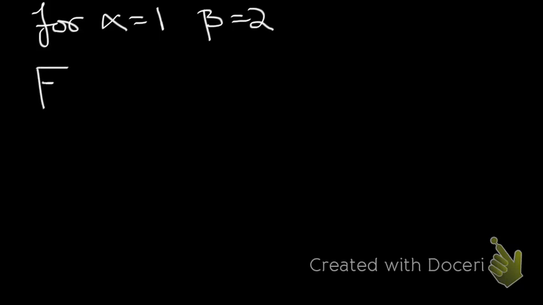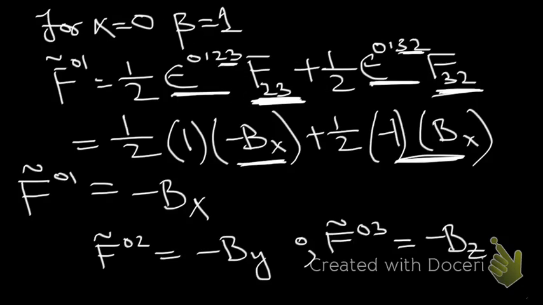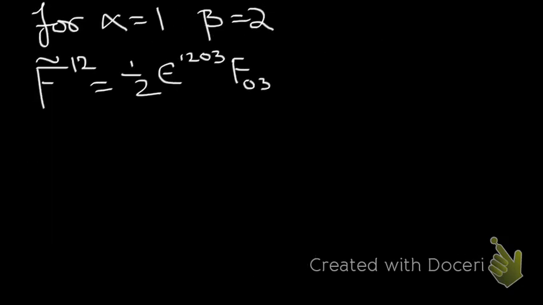Okay, so now with that I have my dual field strength tensor F̃12 equal to 1/2 epsilon 1, 2, 0, 3 F03, right? I'm again doing it in a similar manner to how I previously did for alpha 0 and beta 1, so we're following the same procedure. We have alpha 1, beta 2, so we have 1, 2 over here, and rho and sigma would be written accordingly. So we have 1/2 epsilon, now 1, 2 instead of 0, 3, now we would have 3, 0, and of course F, now we have 3, 0 over here, so we would have F30,